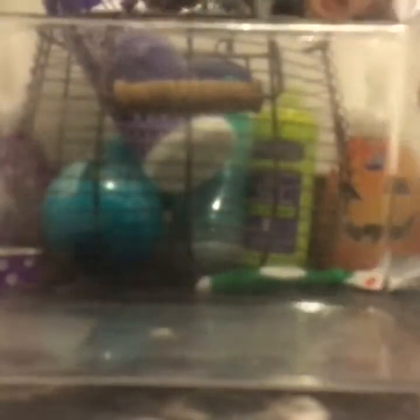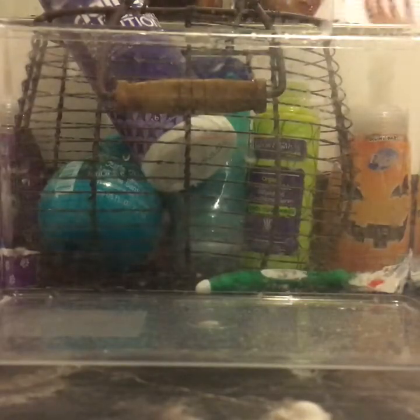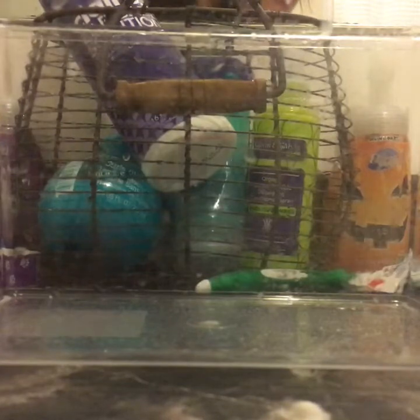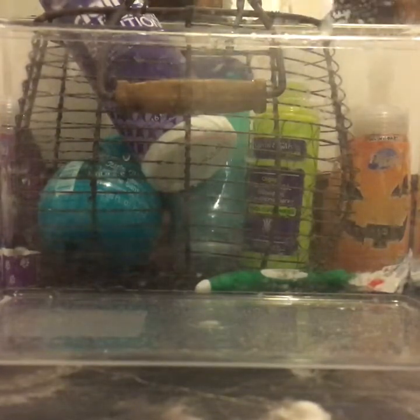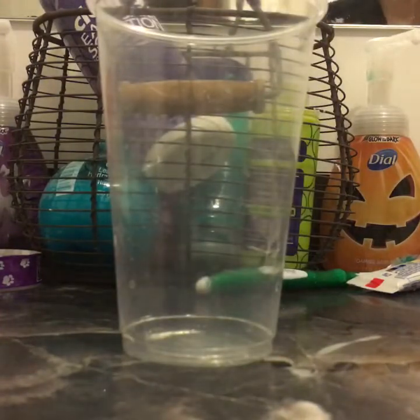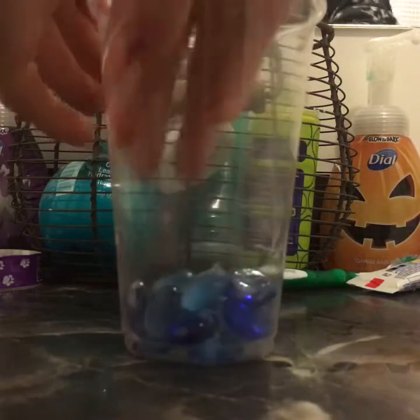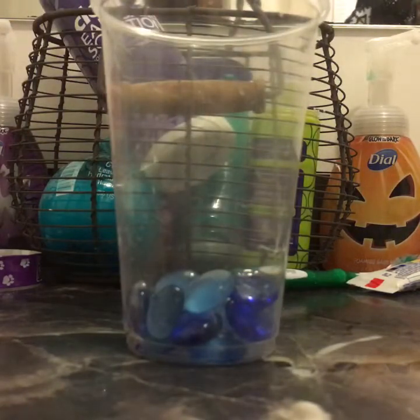Make sure that it's very clean, and if you have little stains in there, it should be fine. Once you have cleaned out your tank, the first thing to do if you have gravel is to use your gravel and put it into the strainer. For me, I have a cup because I don't have a strainer, and my kitchen strainer is strictly for food. So I'm just going to take all of my gravel